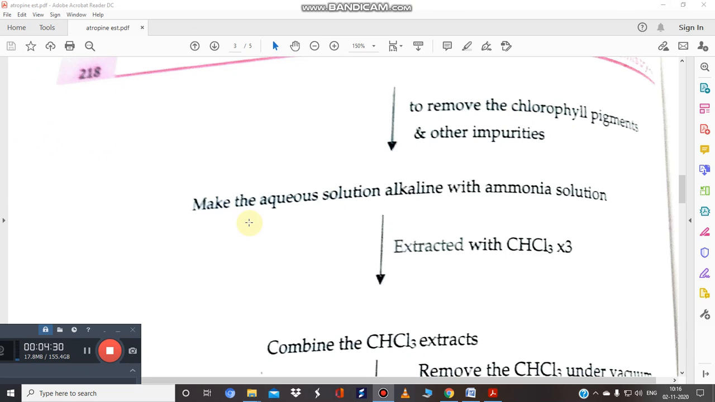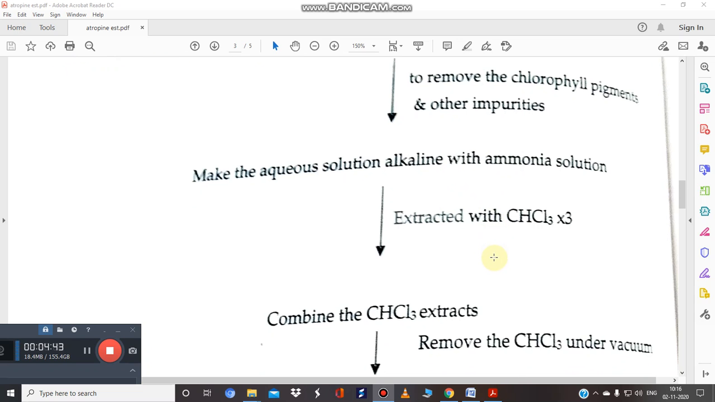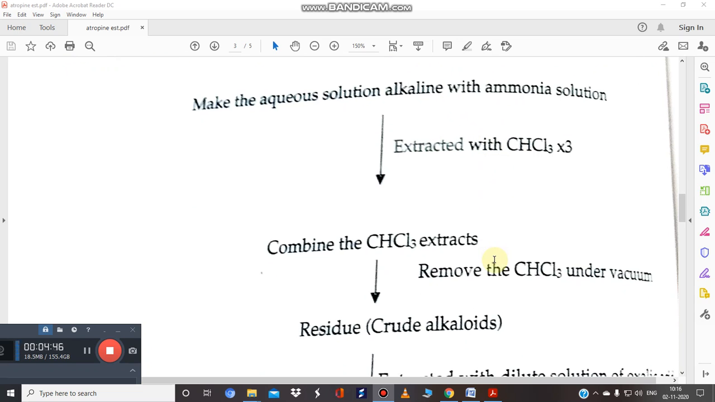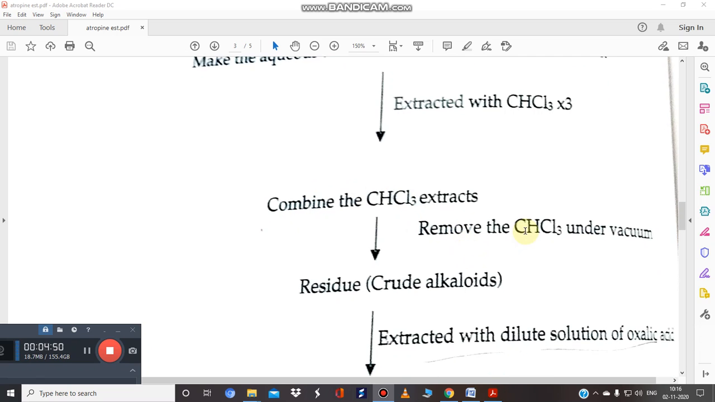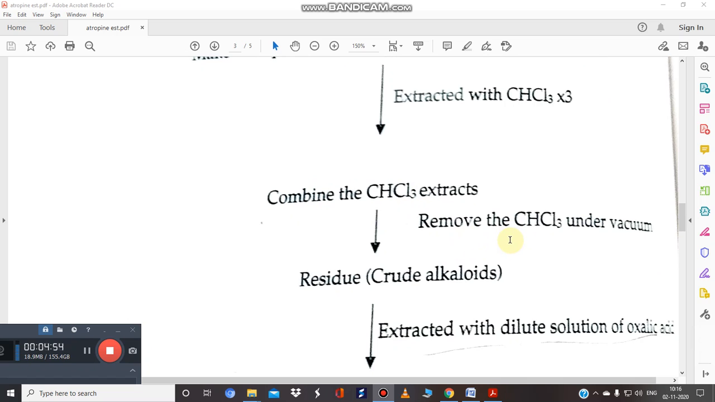Okay, and then the aqueous solution was made alkaline with ammonia. Again we will add a basic solution into it so that the alkaloid will remain free now. Then it was extracted with chloroform thrice, and finally we will combine all these chloroform extracts and then we will remove the chloroform using a vacuum filter or rotary evaporator,